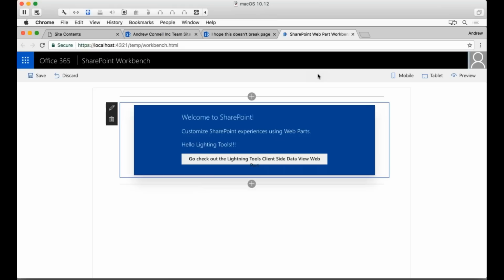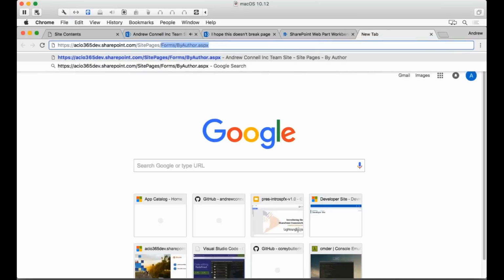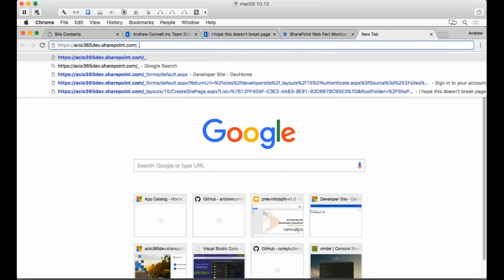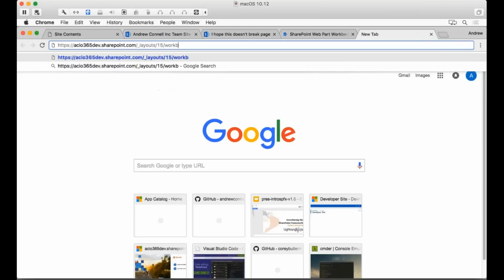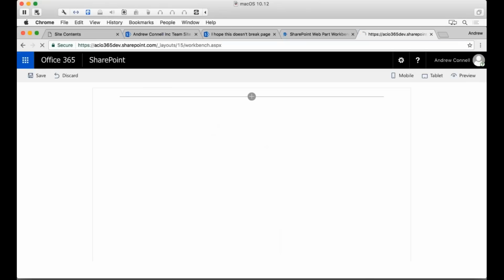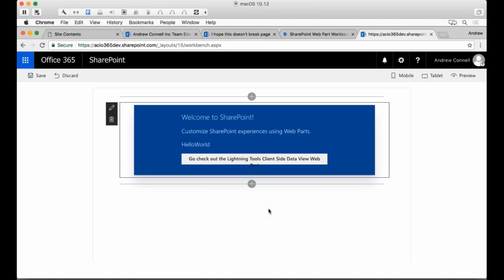The other thing that's cool about this is it's all working locally, but if I want to try this stuff out in my production site up in SharePoint, I can do that as well, up in SharePoint Online. So what I'll do here is I'll go to my page, _layouts/15/workbench.aspx. What that's going to do is reach into my local machine on localhost, and it's going to allow me to add the web part that I am now running locally on my laptop, but notice it's doing it up in SharePoint Online. That's pretty cool. So I can even make changes to it like I just did a minute ago.